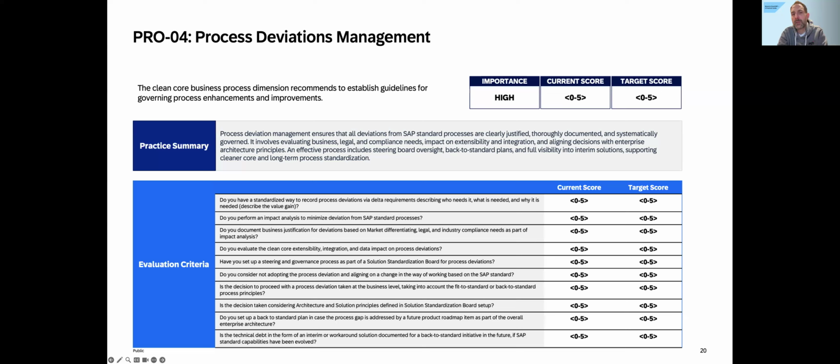And these are examples that we have seen from customers that we basically took into this approach, differentiating legal and industry compliance. So is there really a reason, one saying, hey, there's a legal reason, I need this field, I need this check, I need this workflow, I need this four-eyes principle, I need to make an enhancement, there's no other way around it. So these are the things that we're going to ask.